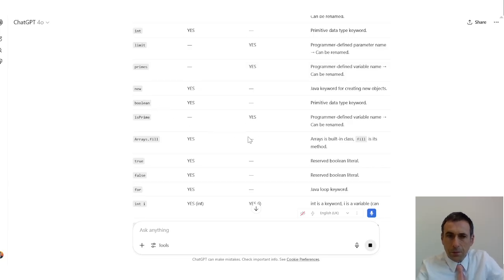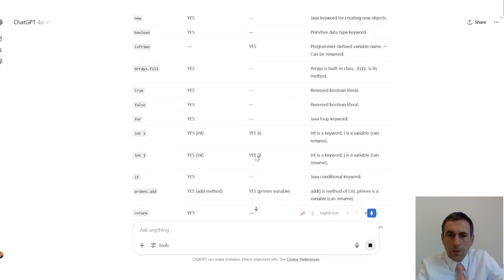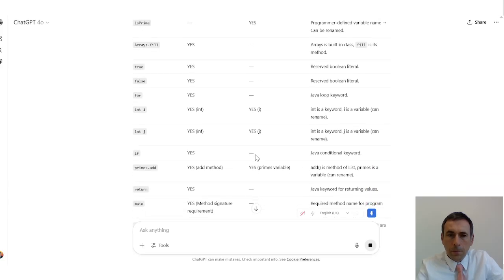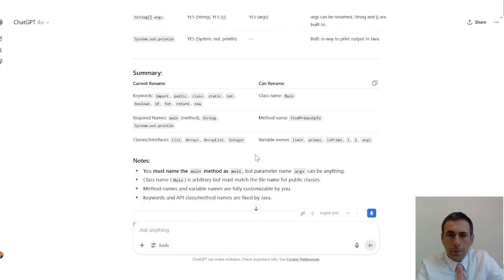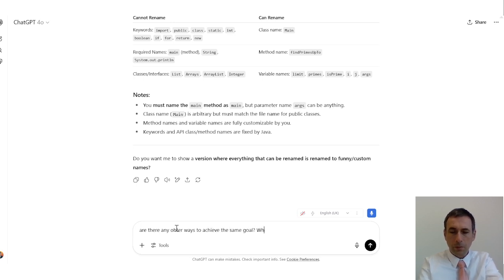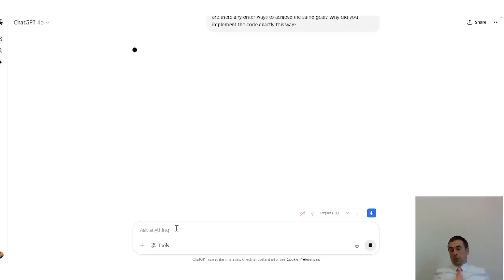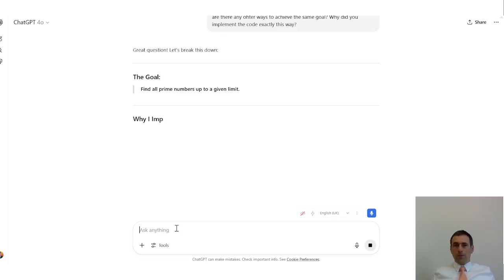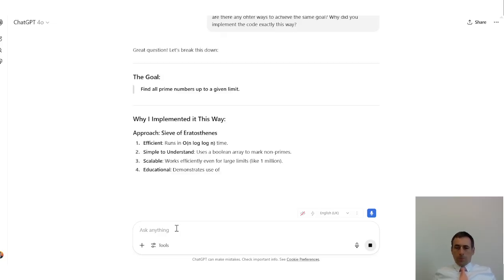This is data type. And so on. So are there any other ways to achieve the same goal? Why did you implement the code exactly this way? Because we could do it with cycles, arrays,